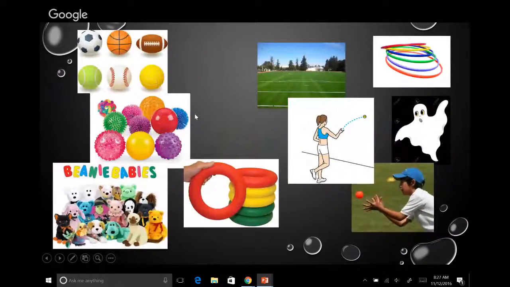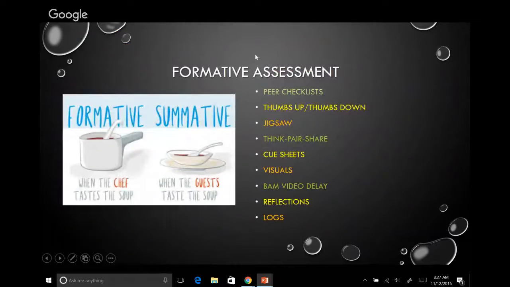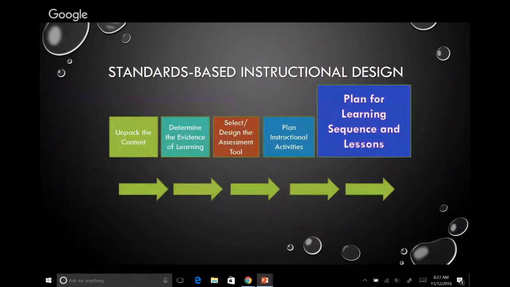Now I'm going to move to the instruction, and this is the part that teachers are really good at. So this is where we thrive. For the most part, we're great at choosing or designing engaging activities that bring the learning to life. And so some things to consider in this instructional part is if you can embed formative assessments within this, like all of these on the side, it really makes this more student-centered, so that the kids are in charge of their journey along their learning path. And then you get to sip the soup every once in a while. So it kind of puts a little perspective on it.